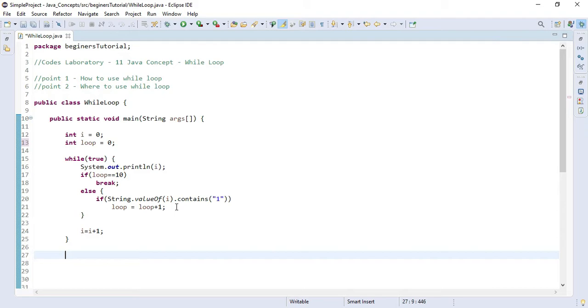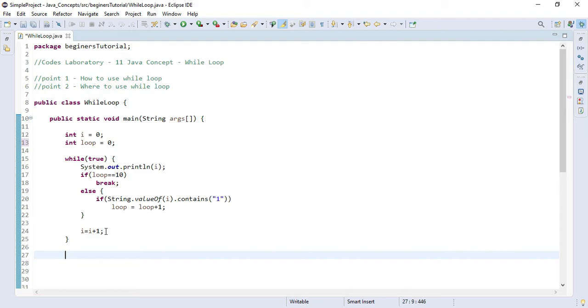So the while loop will break once the loop value is 10, and the loop value is calculated whenever I contains 1 in itself, it will increase the value of loop by 1. At the end I have increased the value of I.